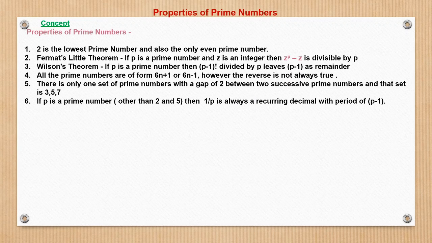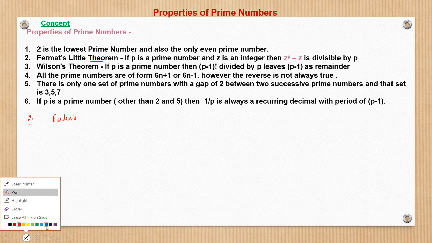So again, to revise some properties of prime numbers which we had seen in the previous session, I'll just repeat those once again. That is, 2 is the lowest prime number and is the only even prime number. This we had seen. Then Fermat's-Newton theorem, I can elaborate in detail. This is a derivation of basically Euler's theorem. This we will see extensively in subsequent lectures and even in greater detail in our discussion on remainders.